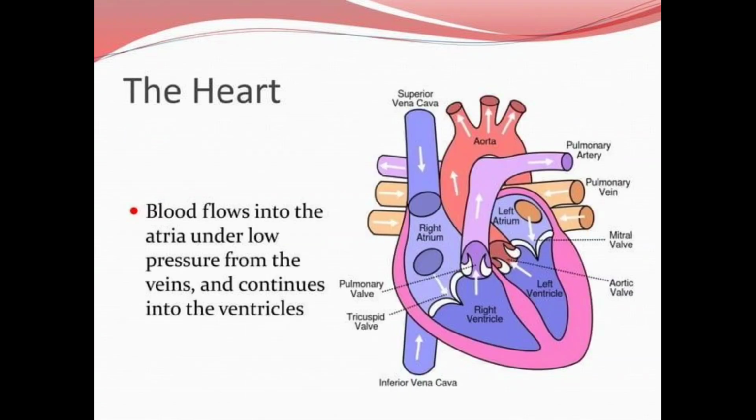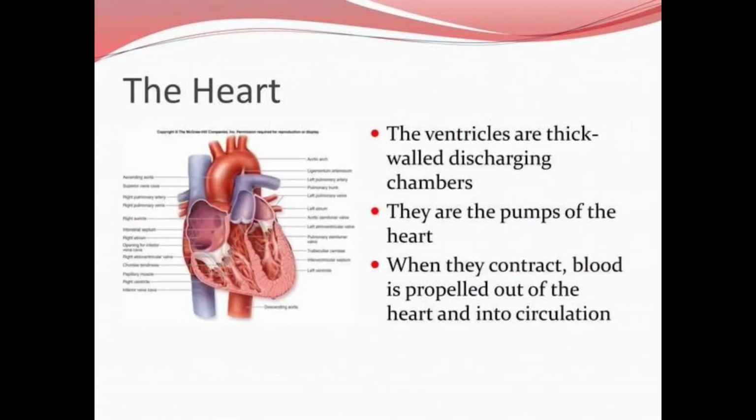Heart blood flows into the atria under the low pressure from the venous system and continues into the ventricles. तो blood flow जो है कहाँ, atria under the low pressure from the veins। तो veins से low pressure से blood comes inside और contribute into the ventricles, और ये ventricles के अंदर push कर देता है।